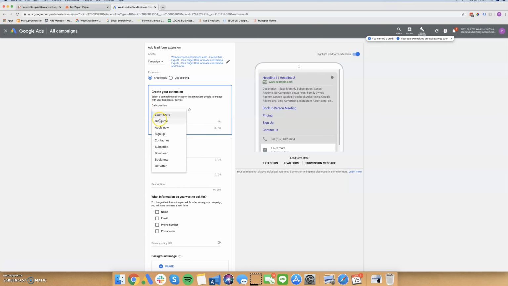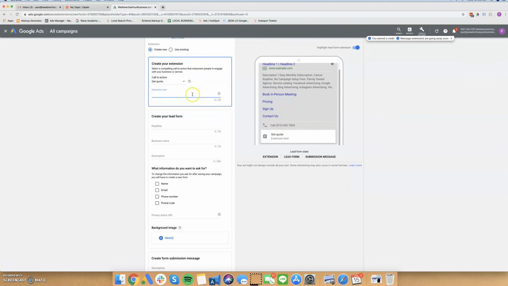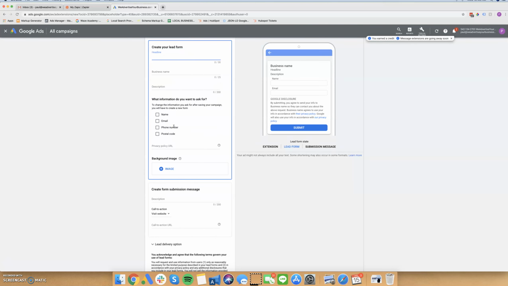The next thing is to choose what you want the call to action to say. So for us, we're going to say get a quote, but this could change to any of these others. The extension text has an opportunity for you to say why they should sign up for a free quote. So in this case, you would say something generic like contact us for a free consult. The headline is where you express a little bit more information about what you're offering. So in this case, we can say